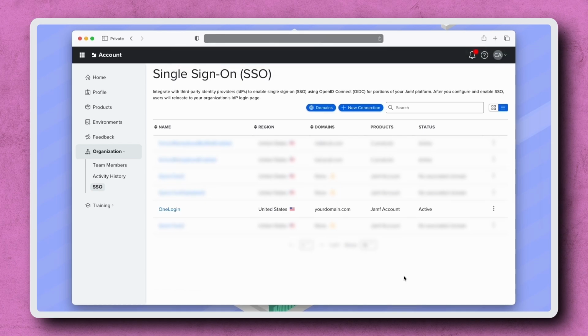With everything successfully configured, users now have the option to sign in to Jamf Account with their OneLogin credentials instead of their Jamf ID. If your users are anything like me, they'll appreciate having one fewer password to remember. Please remember that authentication is not authorization. Enabling SSO in Jamf Account does not control roles or privileges for each user, so be sure to also configure permissions in the supported Jamf applications.